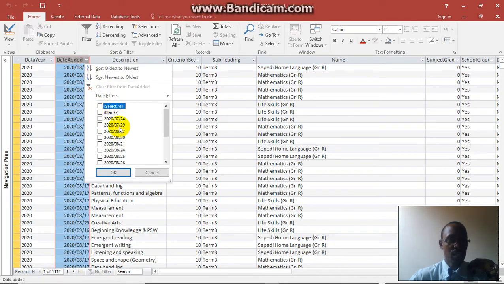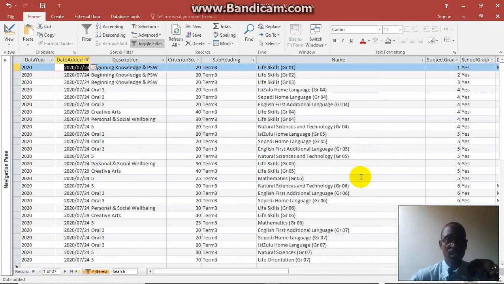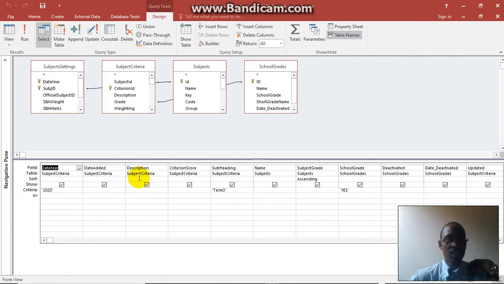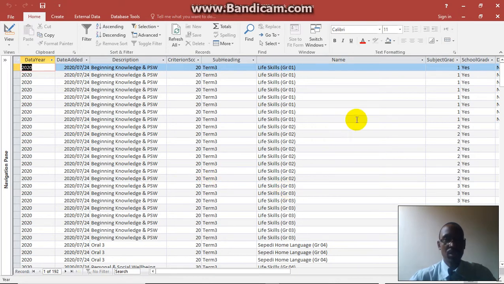It says I have the 29th and the 24th. So I tick them to see which ones those are. Then it highlights that there are a whole lot of them, colleagues, as you can see. So I'm going to say to my query, once I change it, that now we are querying by date. Which dates are they? The 2007-24. I move out now. What else was there, colleagues? Let me start with the 24th because it's two dates and they appear to be plenty. Now, when we are looking at the 24th,